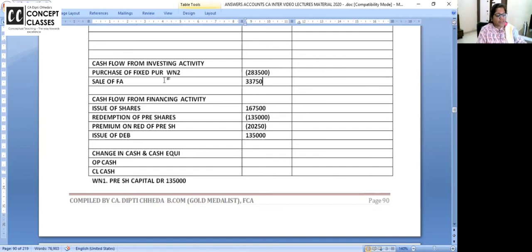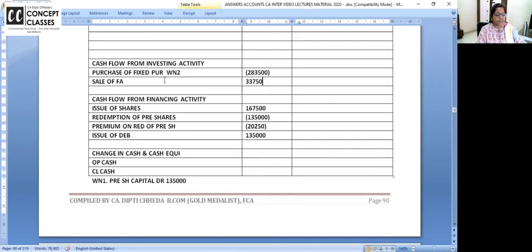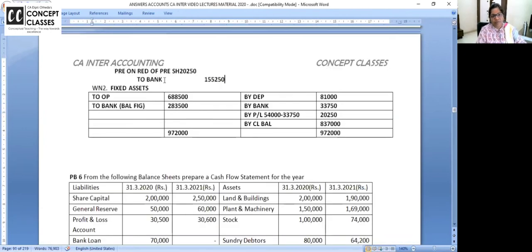And rest all we have written. Opening, closing to kuch nahi hai. How is the interpretation of fixed assets? Super, no? I gave an option that suppose if they give fixed assets to revaluation reserve is 83,500, then to bank will come 2 lakh. So you have to put proper entries.